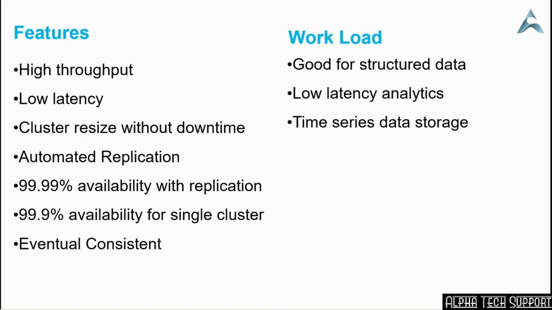Since it is a fully managed service, you do not need to do anything manually to achieve this high availability by using multi-cluster replication. Bigtable provides 99.99% availability if you set up multi-cluster replication,